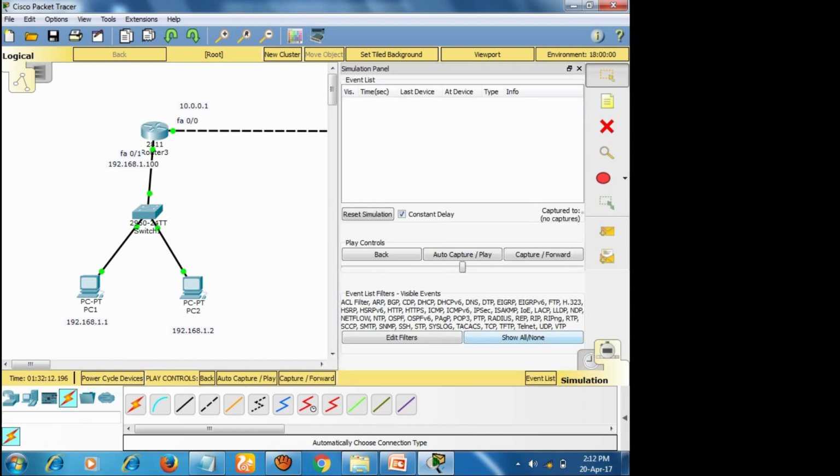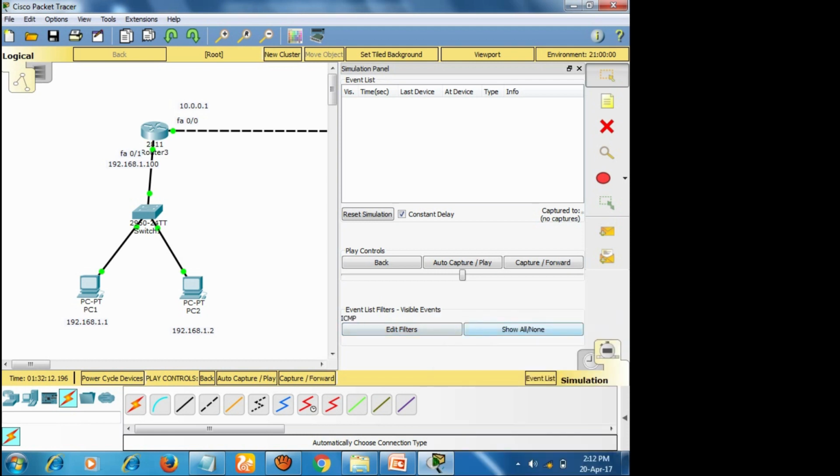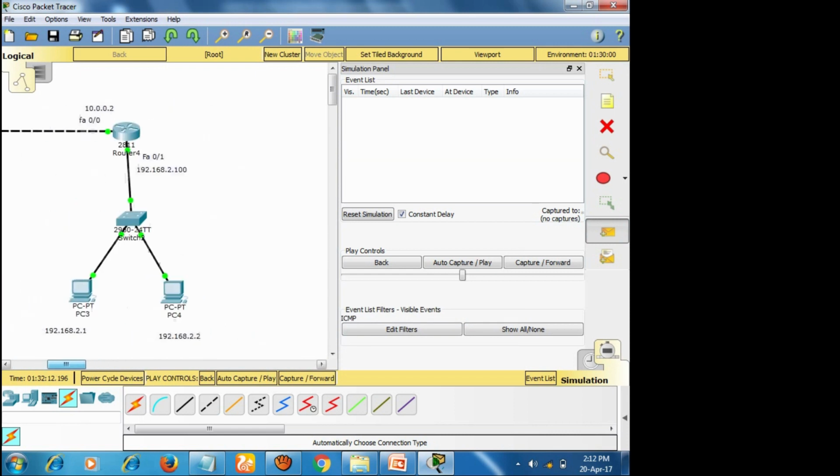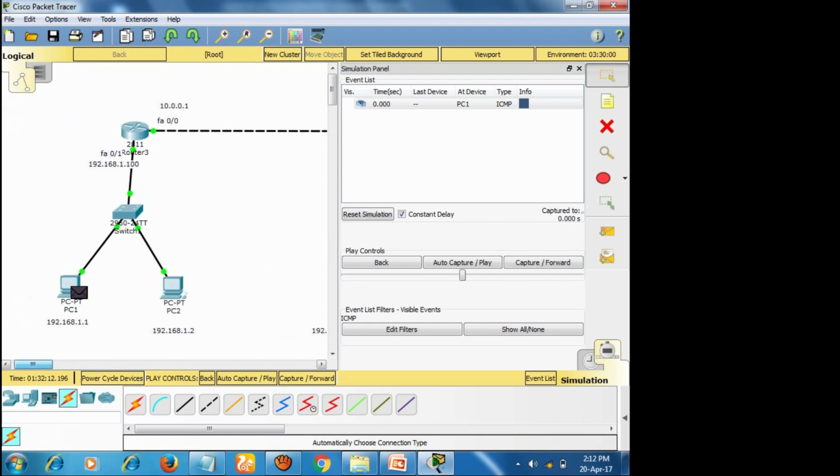Let me go for an ICMP packet. Let us check whether it is pinging or not, right? Look at here, I am giving PC1 to PC3, right? PC1 to PC3. Let us check.